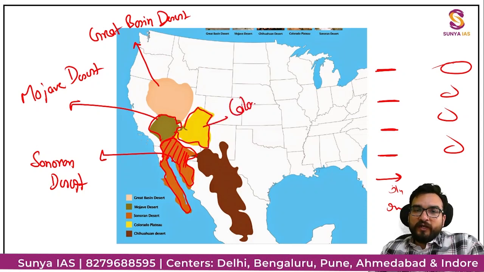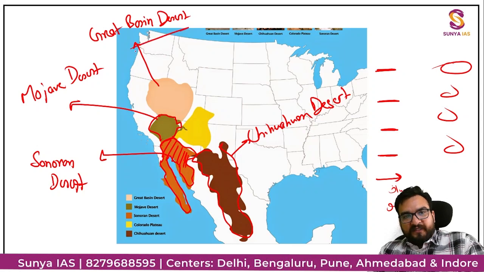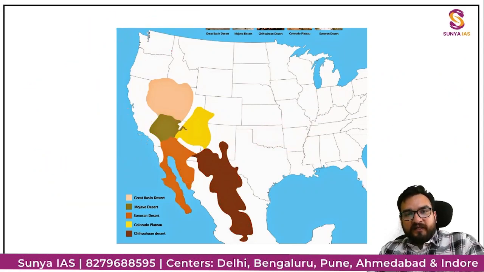दिस इज योर कोलोराडो डेजर्ट और कोलोराडो प्लेट्यू. दिस इज योर प्लेट्यू, राइट. एंड कोलोराडो प्लेट्यू से कोलोराडो रिवर निकल रही है. एंड दिस इज वन मोर डेजर्ट, फोर्थ डेजर्ट विच इज चिहुआहुआन डेजर्ट. चिहुआहुआन डेजर्ट present in both USA and Mexico. Great Basin, Mojave, Sonoran, Chihuahuan. Great Basin, again Great Basin,